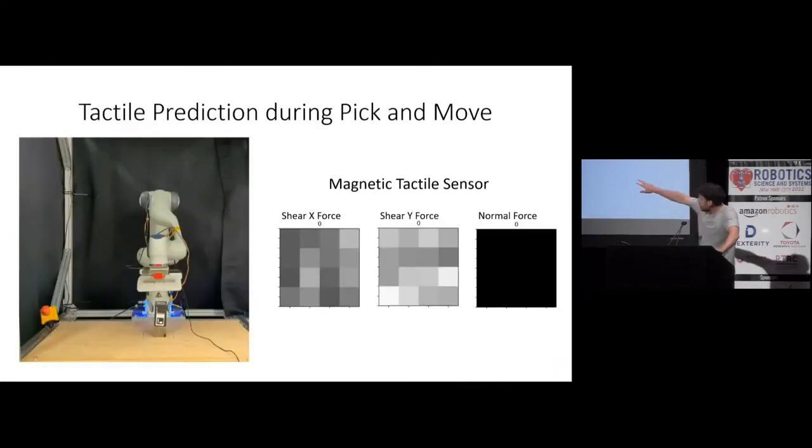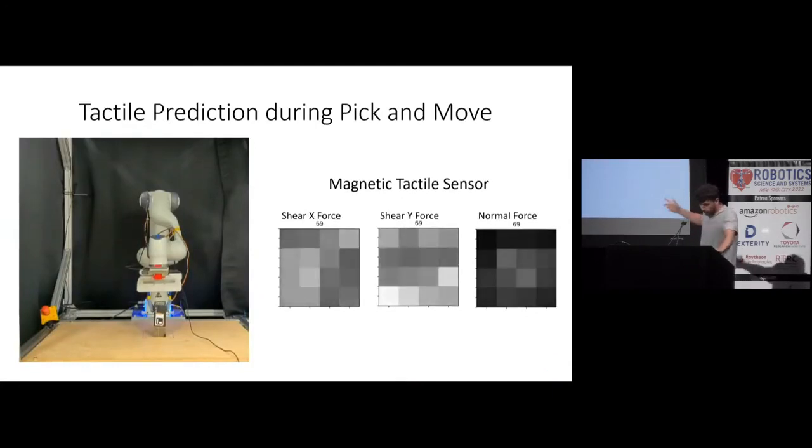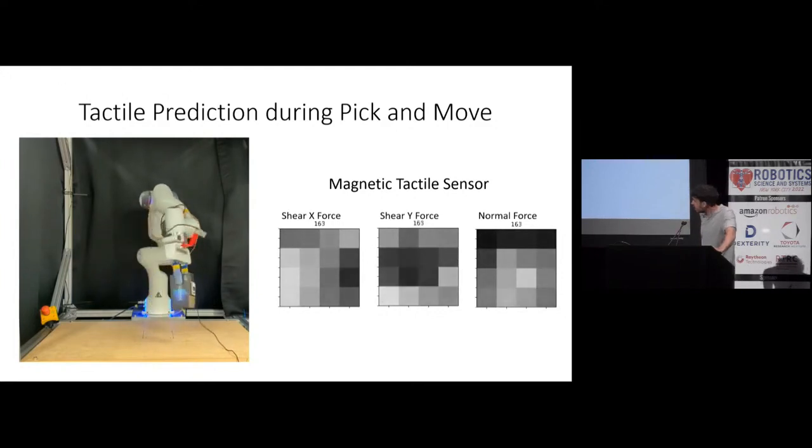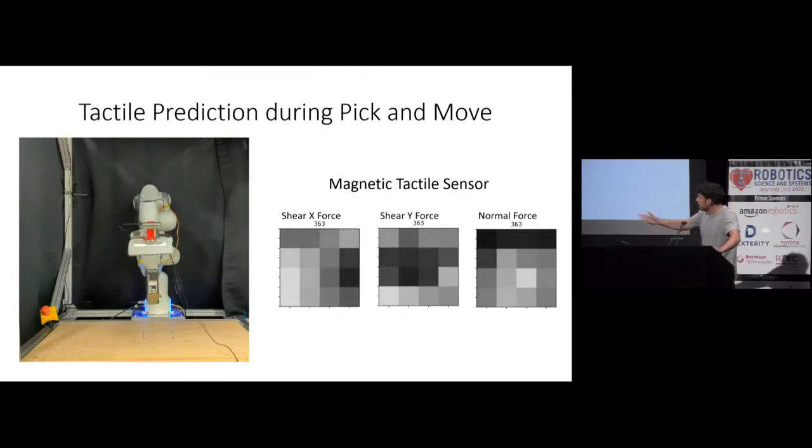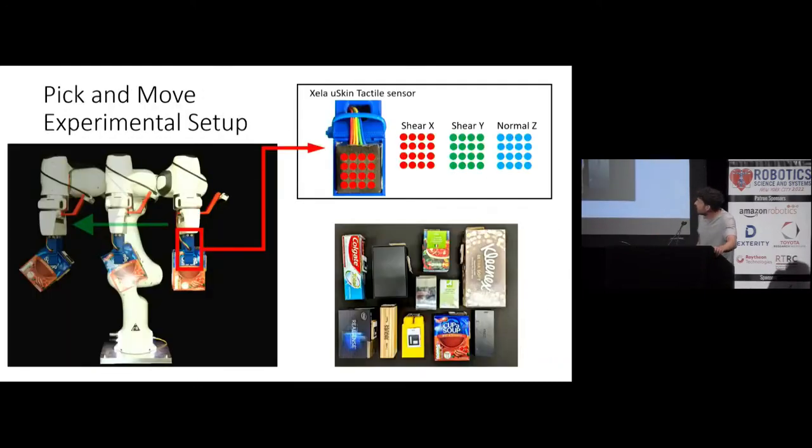So on the left-hand side, or my right-hand side, is an example of the pick and move trials that we were performing in our data collection. And on the left-hand side is the tactile frames during this pick and move. And as you can see, it consists of just lifting up the object and moving it around and creating some slippage. And we created these motions using pseudo-random teleoperated motions from humans, where we basically said, can you create as much slippage as possible? And it occurred in around 10% of the frames in our data set.